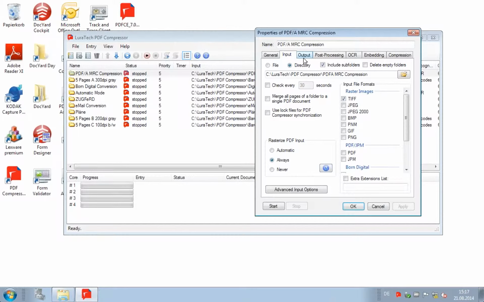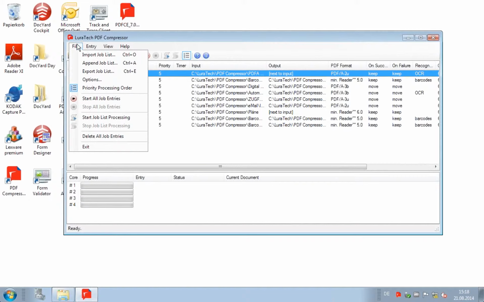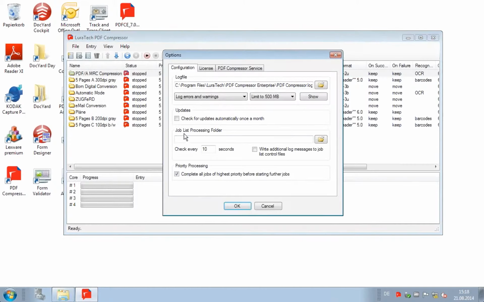Now we talked about batch, we talked about watched folders. The third way of doing things is not using jobs in here at all. That is the so-called job list processing. This is a different mode. When we set up job list processing down here, we agree on a folder again where PDF Compressor is looking for job tickets. Job tickets are ASCII files. They describe just everything that you